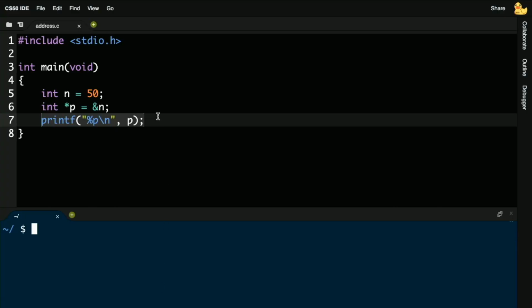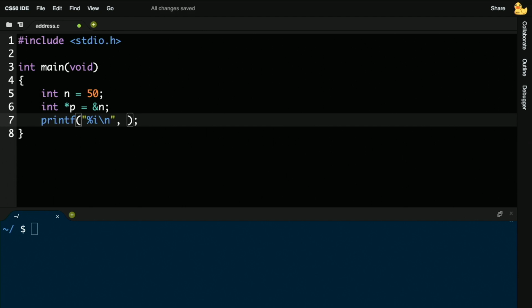Just so we can come full circle here, let me now propose how I can print out the value of n. And let me call on someone for this if I can. If my goal now on line 7 is no longer to print the address of n, but to print n itself using p, I'm going to go ahead and change preemptively the format code to %i. And a shorthand notation would obviously be just print n.